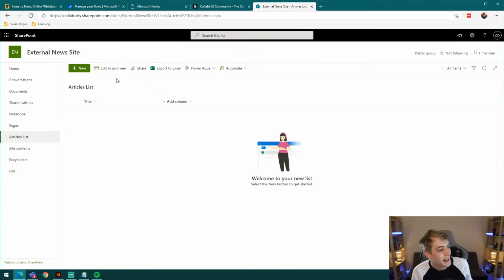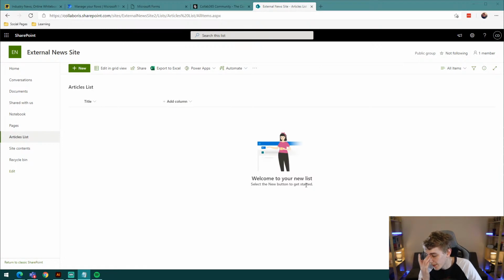So anyway, we got our SharePoint site articles list created, and with every SharePoint list, you get given a title column by default, which we are going to use because we can use that as the title of our blog post. We're going to go ahead and add a few more relevant columns. Now, the columns that we're going to add are going to be columns which will be pre-filled by the users who are submitting their